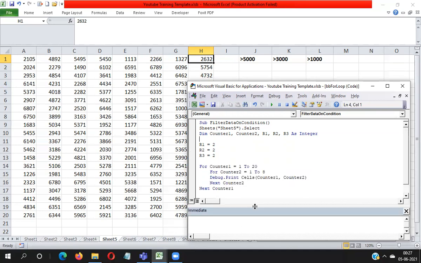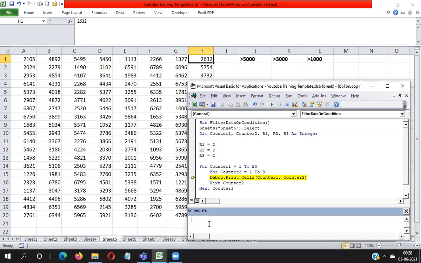Now you can see I'm running this code. You can see here first value is 2105. Second value is B1 value, 4892. Third value is C1 value. You can see here C1 value is 5495. Just like this, you will get printed all these values.